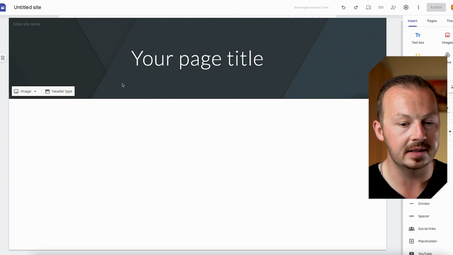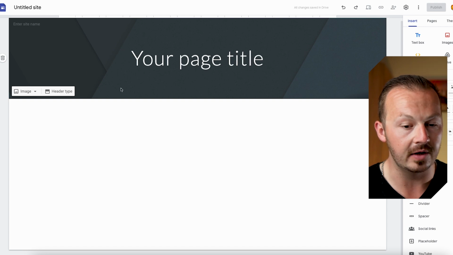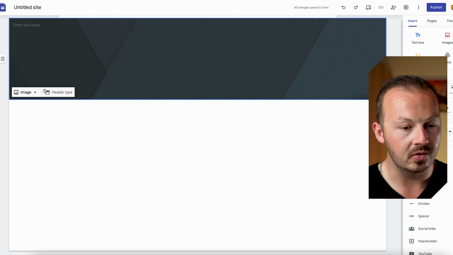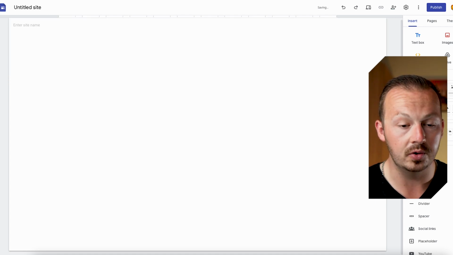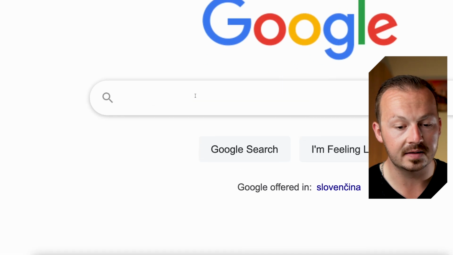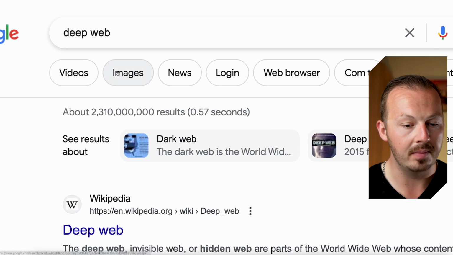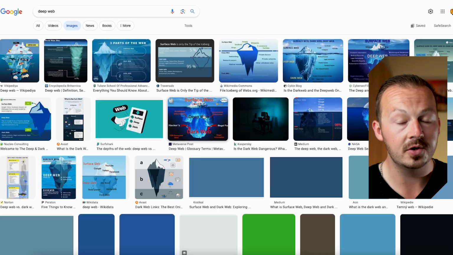Now what you want to do here is to start customizing this Google site. For example, if you don't want to be using this title, just go ahead and delete it. Then also I'm going to delete this header because I don't want it in there. Instead, I'm going to go to Google and search for some images containing deep web. Just hit search on deep web, go to images on Google, and